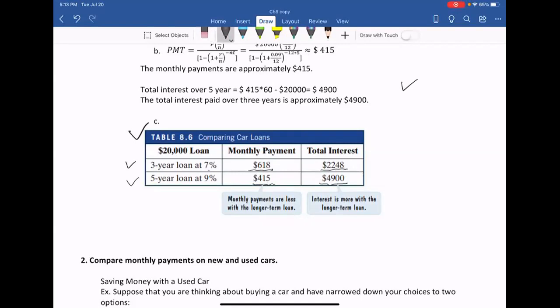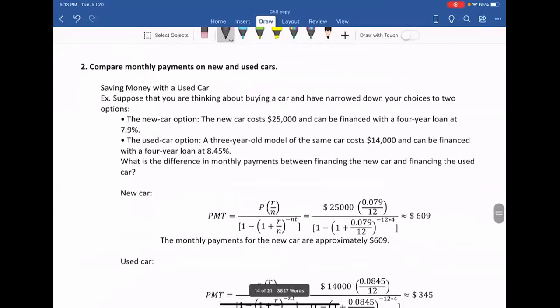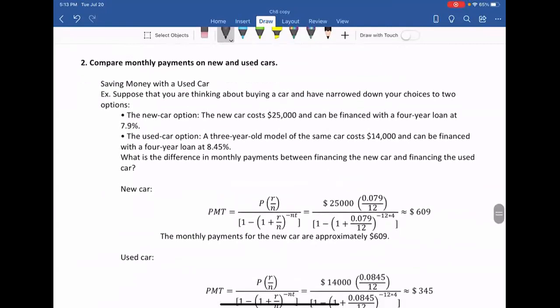Okay, let's move on to the next part. Compare monthly payments on a new and used car. It's the same problem. It's very similar. Let's see the example. Suppose that you are thinking about buying a car and have narrowed down your